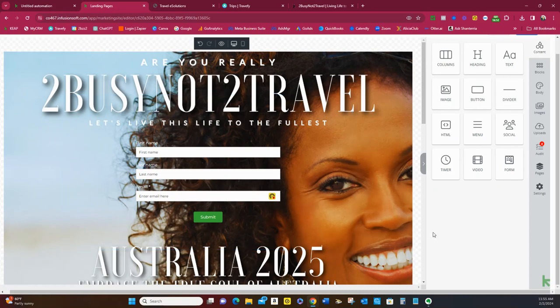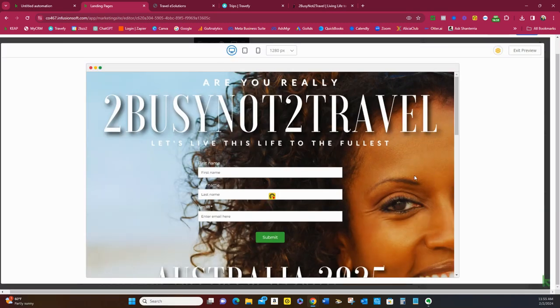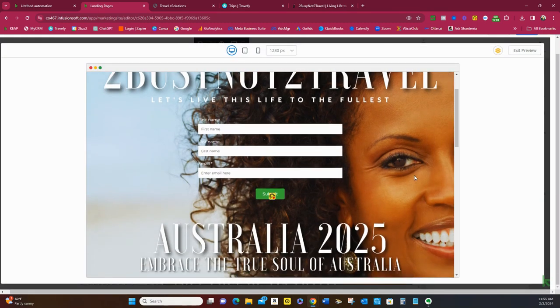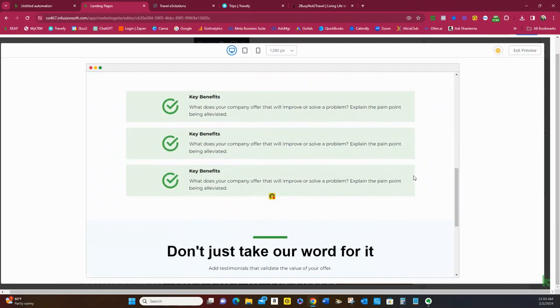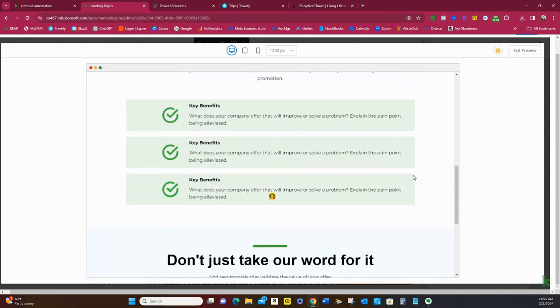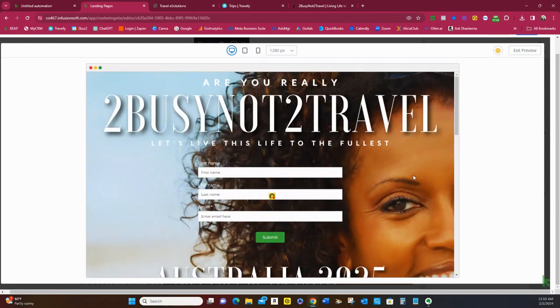Now, if you want to see what this looks like live for your client, let's simply click the preview button that's here. We can see what it looks like live for our client, again, on a desktop. So this is a desktop view of what we would see. It's the first thing the client sees, so it's at the top of the fold. We're perfect there. We're capturing that information at the very top, where we'll gather the information that we are looking for, that name, that email address, etc., for them to be able to download the item, and we'll be able to change the button to indicate download. That way they can get exactly what they came to this site to